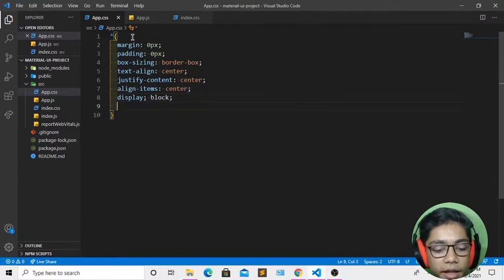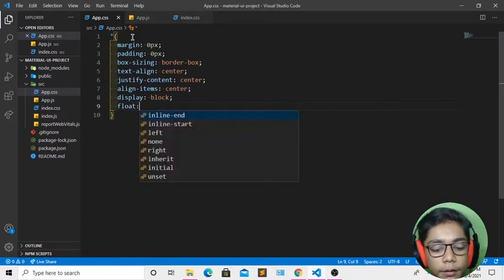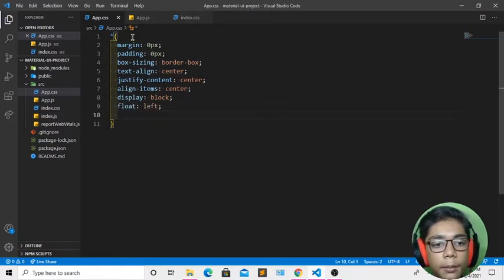Then I will write block. Now I will come underneath and create another tag. Now when you've done that, I will write float left. After that I'll come underneath and create another tag called font-style, which will be normal. I'll write a semicolon, then normal.